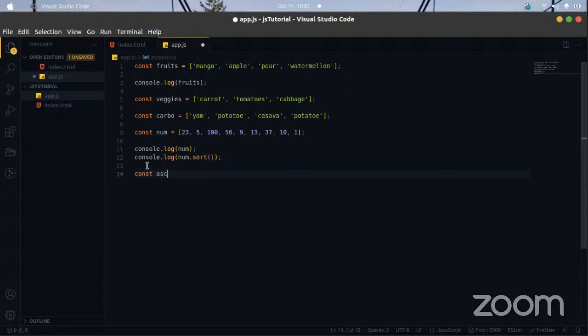Rather than doing it this way, we just say function, and let's call this ascending.